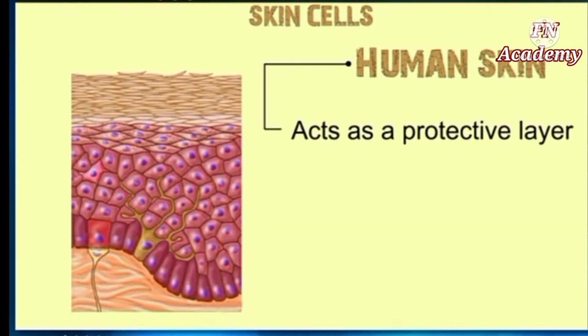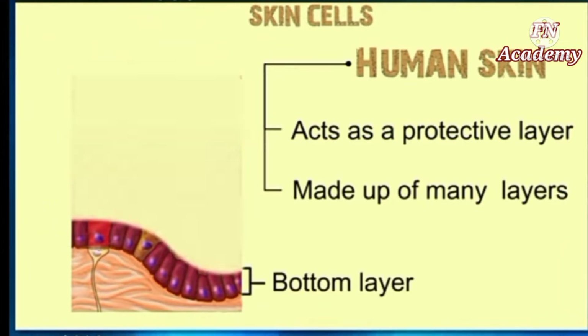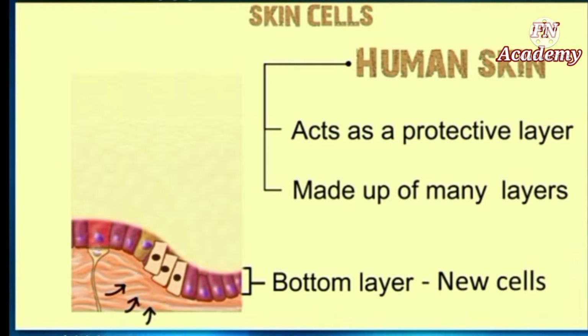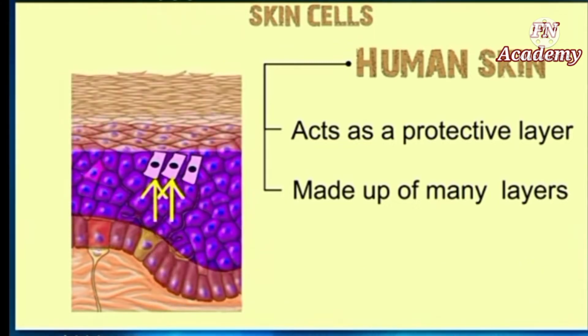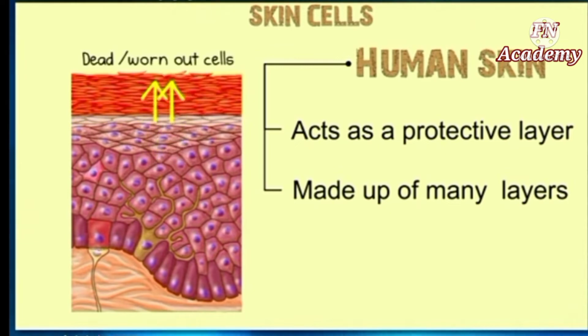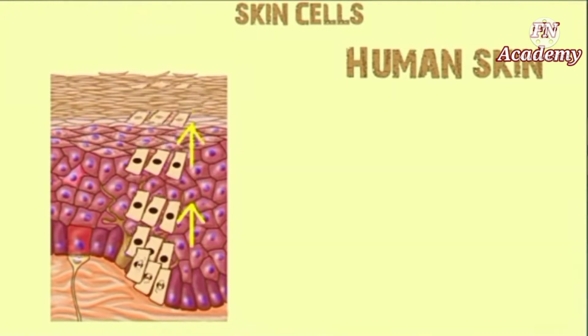As you can see here, the skin is made up of many layers. In the bottommost layer, new cells are formed, where it receives nutrients and oxygen from the blood. These new skin cells gradually push their way to the top. When they reach the top, they die and are worn out by the environment and your daily activities. And these dead cells break away from the top layer and fall off, making room for new cells growing